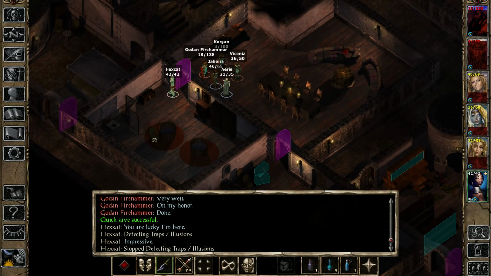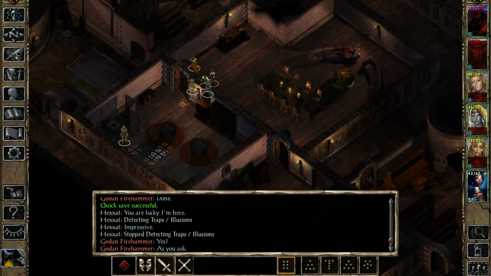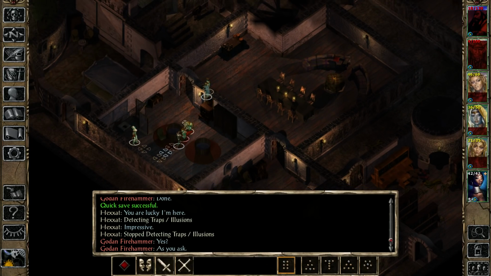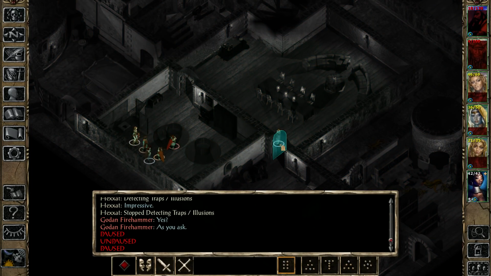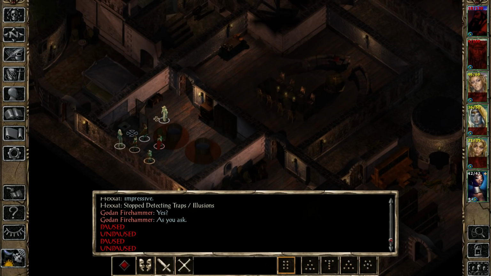Let's hope there's nobody in here. Taking a little bit of risk just storming in. Right. Yes. There is nobody here. So what we're actually going to do is take the opportunity whilst we're in here now to take an extended rest. So get the healing spells on and completely and utterly heal up. But before we do that,